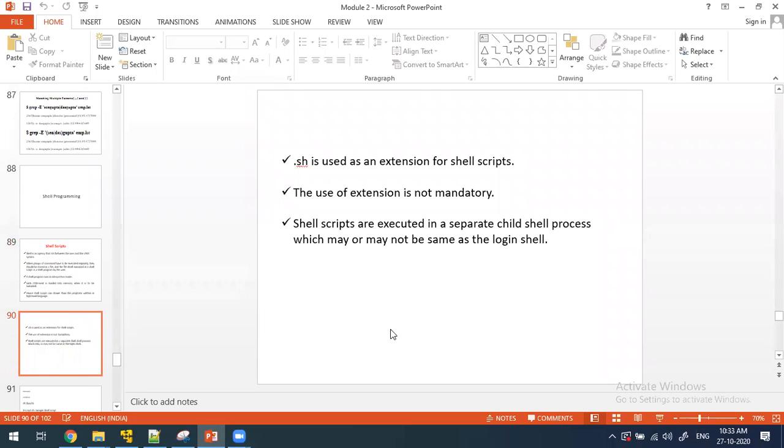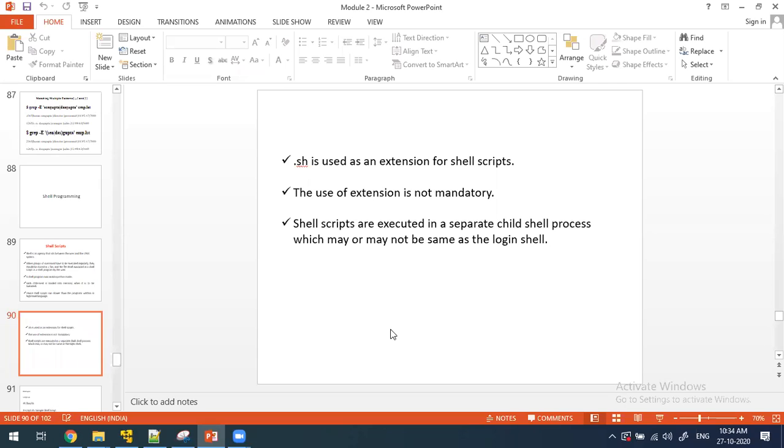The file extension for a shell script is .sh. Is it mandatory? No, the extension is not mandatory. But the better practice is to give this extension. That will be useful whenever you use the grep command or other commands to search for files, or inside a script. Just by seeing the name you can easily identify it is a shell script. If the extension is .sh, it is very clear that it is a shell script.